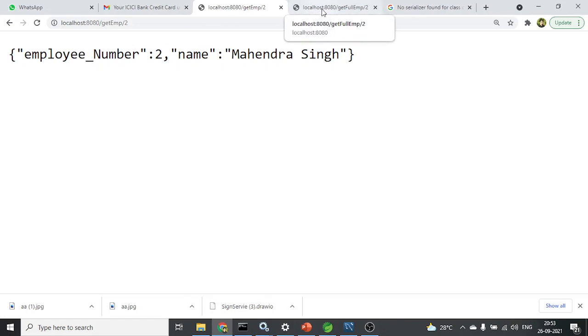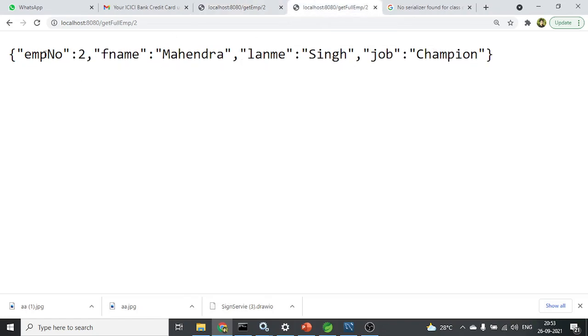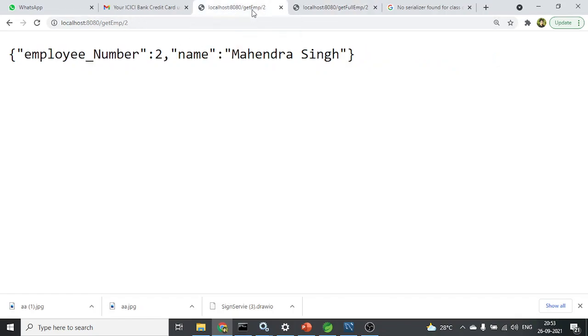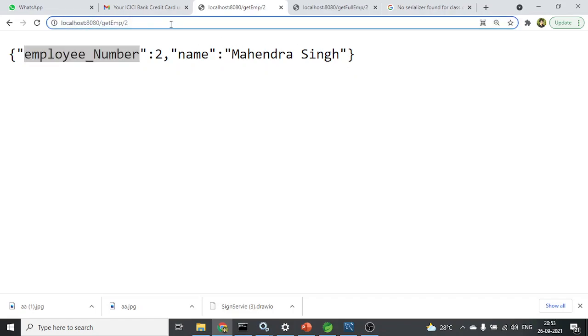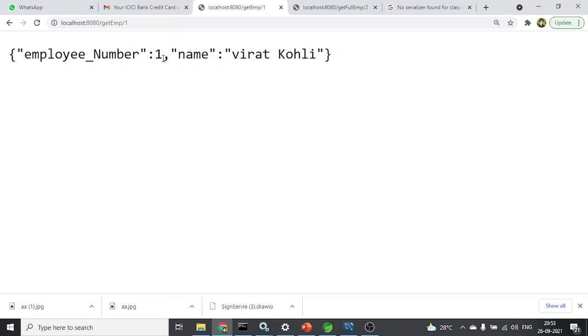If I am accessing the entity, you see empno, which is the name of the variable in the employee class or employee entity. Employee number is the name of the variable present in the DTO. So I am getting employee number 2, name as Mahendra Singh. If I access 1, I am getting Virat Kohli and employee number 1. So that is the difference.